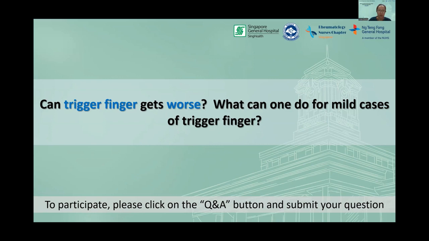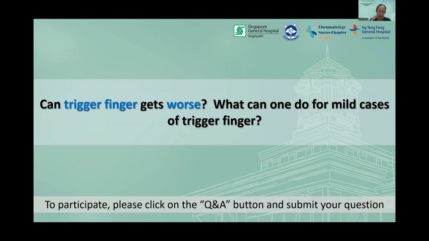Second, you still have to move the joint, because if you wear the splint throughout the day without moving the joints, you get secondary stiffness, because the tendon that's affected crosses the joints in your fingers as well. So you can imagine if you wear the splint and don't move the joint because you're letting the tendon rest, over time the joints of the finger can get very stiff, which is what we want